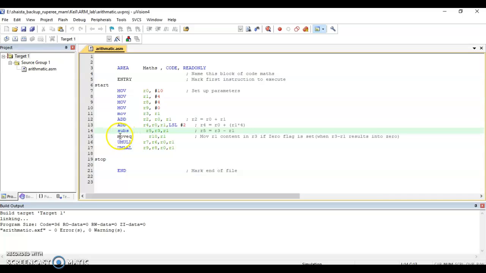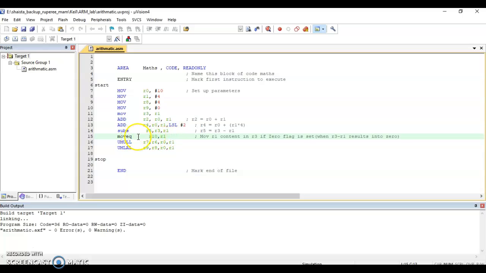The next is MOVEQ, which is called conditional execution. This is also a new thing in ARM: instead of using a branch instruction, we can use this MOVEQ. What is MOVEQ checking? MOVEQ is checking the zero flag. If the zero flag is set, only then will this move of R1 into R10 be possible.